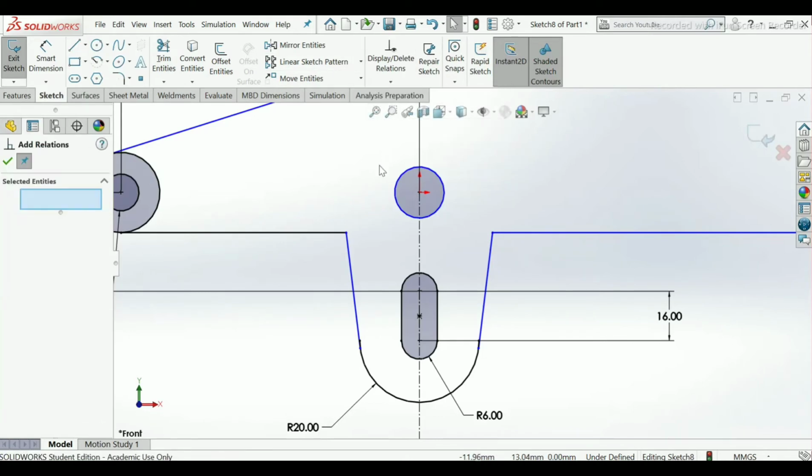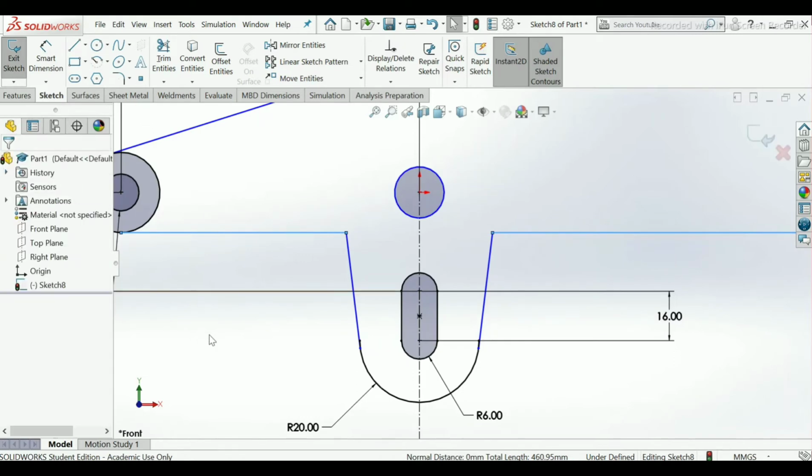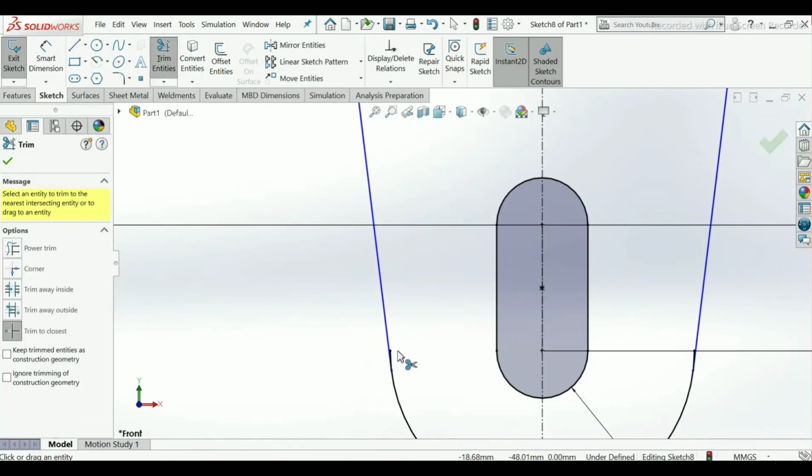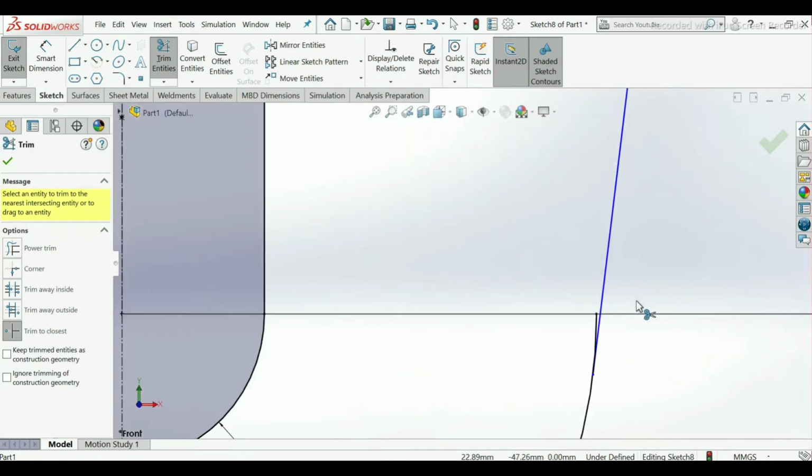Give add relation, select this line and this line, collinear, make relation collinear. Okay, now trim, use trim entities, trim this extra arc.